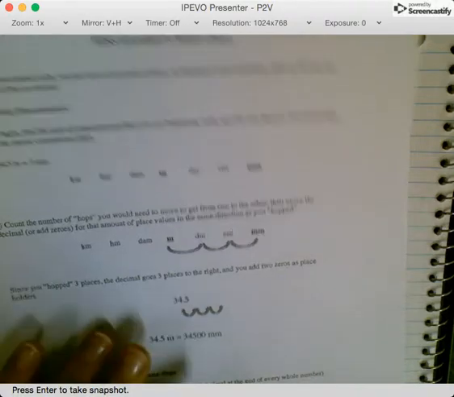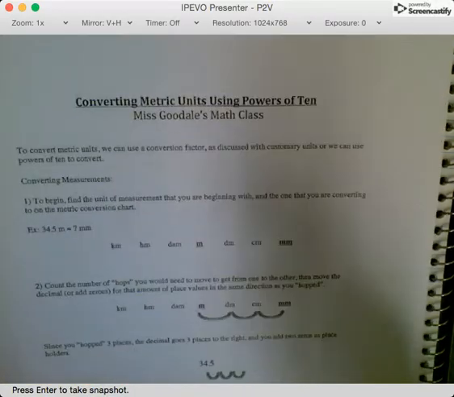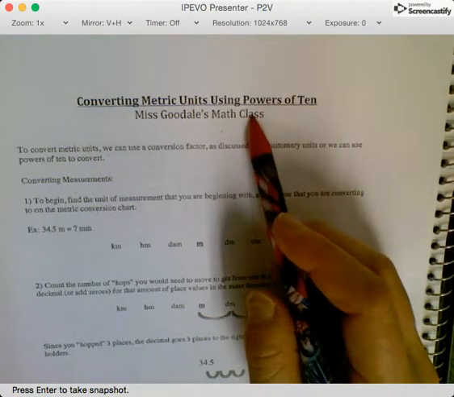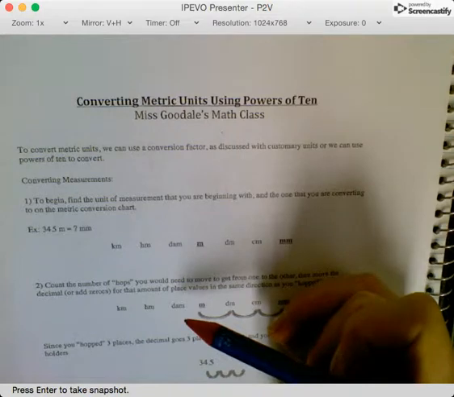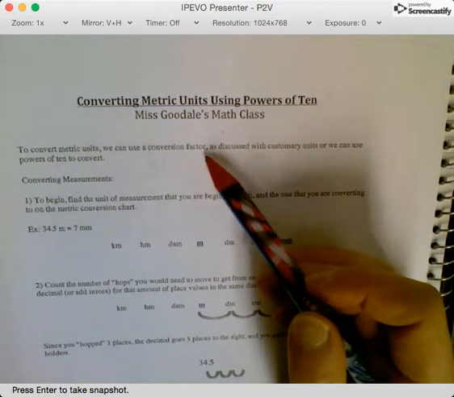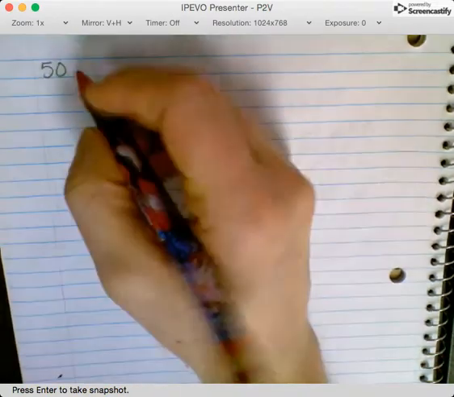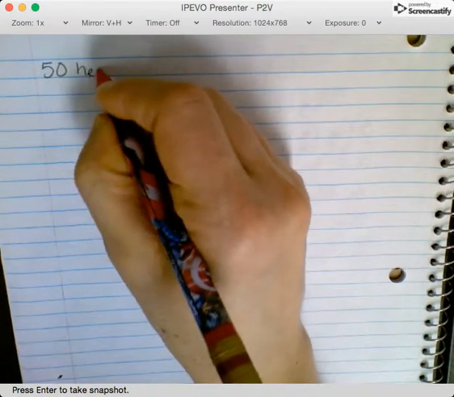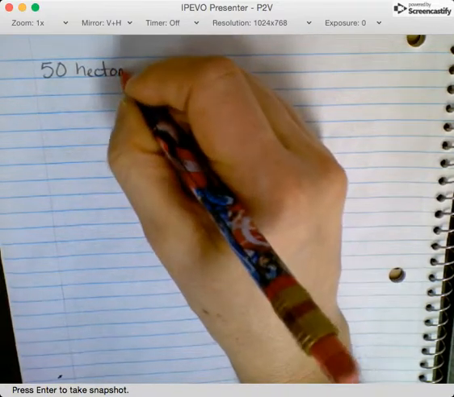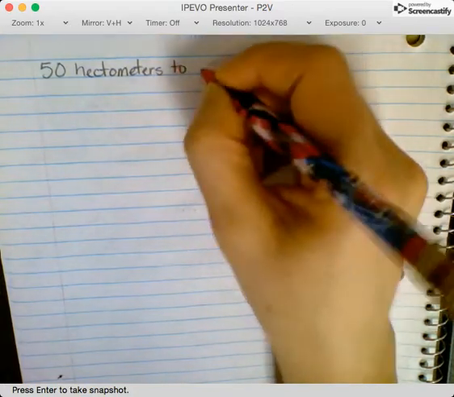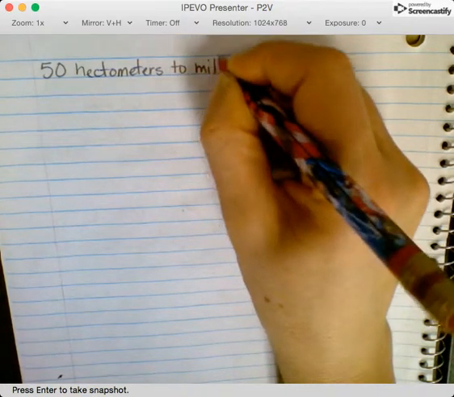You can also use the same method we talked about with customary units. This method that I'm going to describe, though, is probably going to be a lot easier. So with that said, I'm just going to give you a couple of examples. The first example, I'm going to give you 50 hectometers, and I want to convert it to